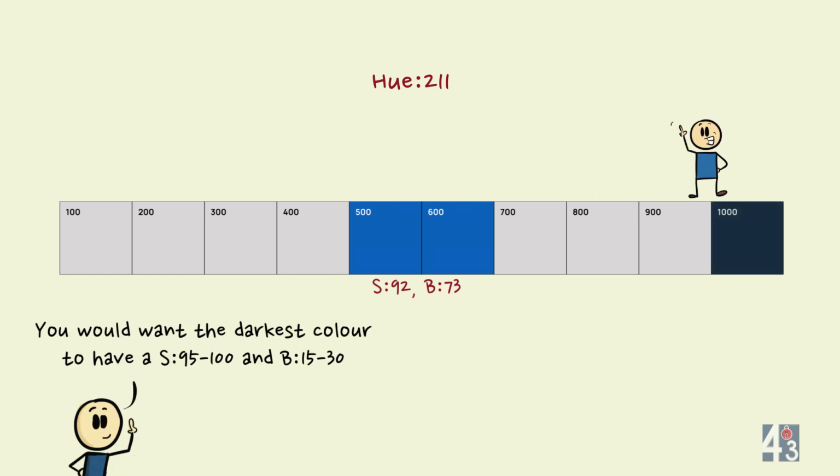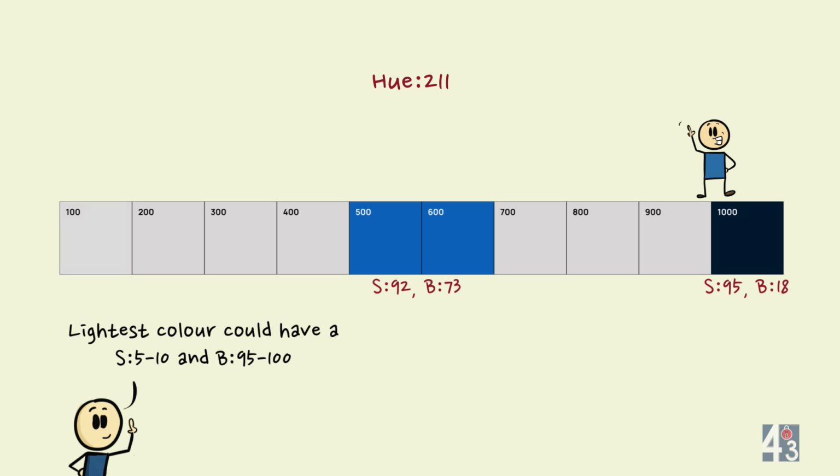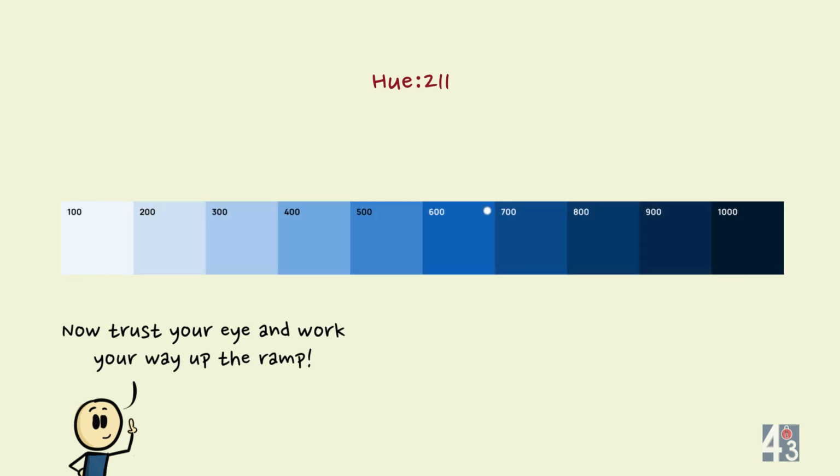You would want the darkest color in the spectrum to have a saturation of maybe 95 to 100 and a brightness of 15 to 30. And the lightest color would have a saturation of 5 to 10 and brightness of maybe 95 to 100. So with these 3 colors done, trust your eye and work your way between these points to create the intermediate